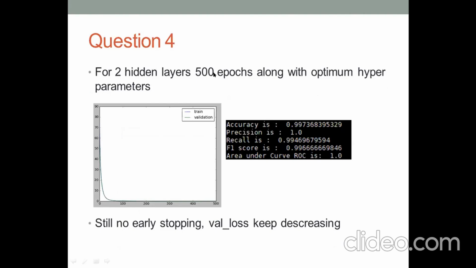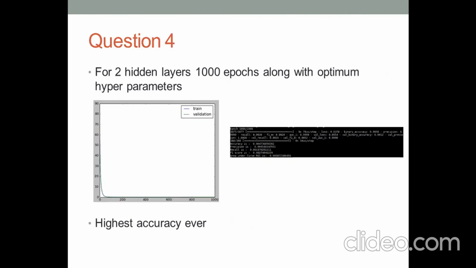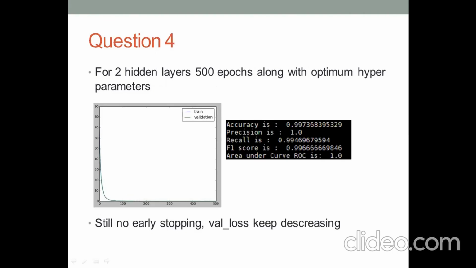So I increased to 500 epochs. And I got not the same accuracy, but faster convergence. We can see here, faster convergence. But again, there was no early stopping, which means the validation loss can still decrease more. So I thought let's increase even more. So I went to 1,000 epochs, and I got this as the highest accuracy ever. I got 9947. All the previous one were